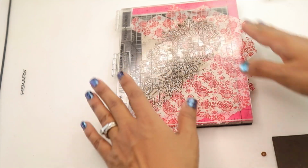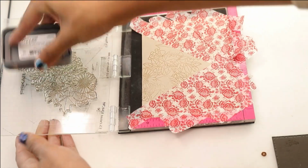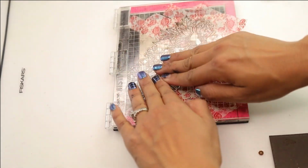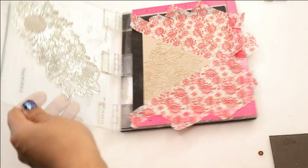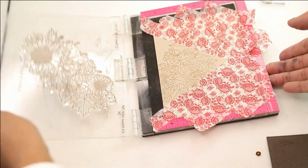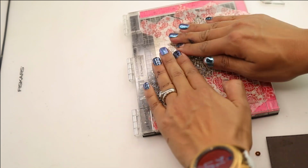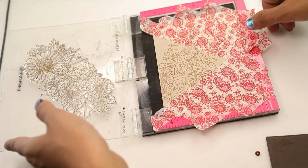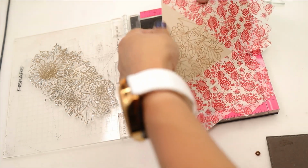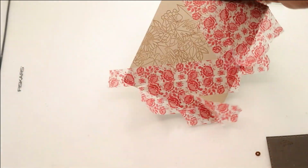And that is why I decided to use the Mini Misty, especially when masking, just because it does create a tiny little layer from the washi to the cardstock, and then I can press nice and hard, making sure that it's going to stick. And if you want something really, really crisp, you just keep adding on that color and make sure that your cardstock's not going to go anywhere. And it's not when you have 80 pieces of washi tape holding down to it, right? Okay, that's done. I'm going to remove the card right off of that Mini Misty, and then I'm going to remove all that washi,